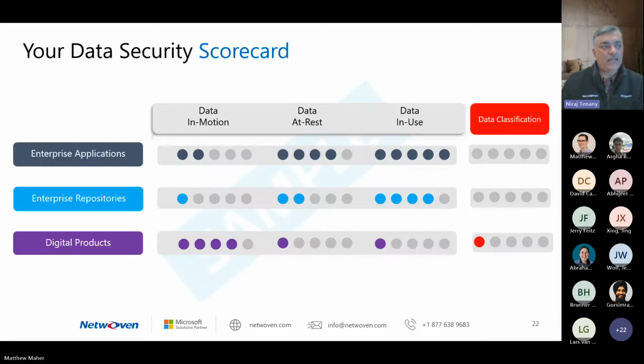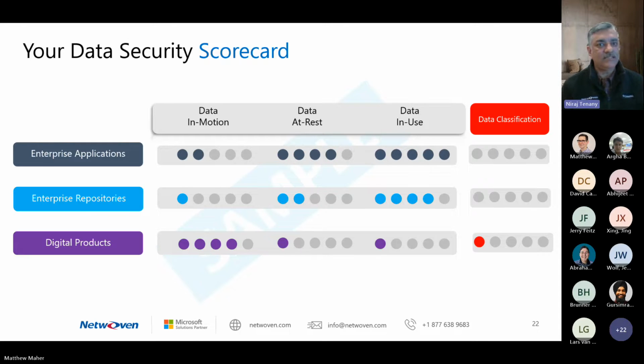As part of the planning, this is a sample scorecard that we provide to enterprises, and it has been very telling. We break data security into data in motion, data at rest, and data in use. Those are extremely important buckets to know. If you are a product company, you may have some more requirements, but we are able to look at it from these 3 buckets.